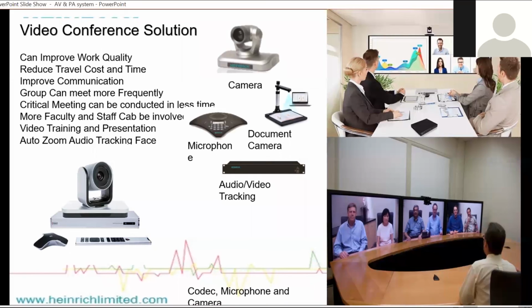Then video conference systems. In the scenario we are living with, COVID, these kinds of solutions are very important because most of the meetings right now we are doing on video only, like Zoom and Microsoft. Right now we are doing training only on Zoom. We are not interacting with anyone physically. So you can consider video conference solutions with multi-user licenses for your conference rooms.